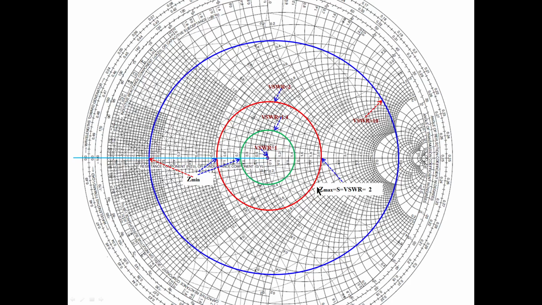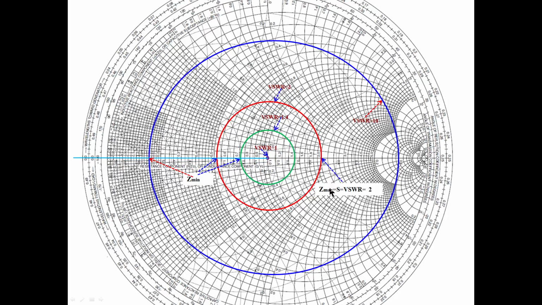This corresponds to some transmission line. Its maxima is here and the minima is here. Maxima is here, and similarly you can draw a VSWR circle for any value. VSWR value is equal to 1.4, this is the circle here. This is for 10. This is a VSWR circle. Always the maxima is here. See, this is the maxima for this circle.